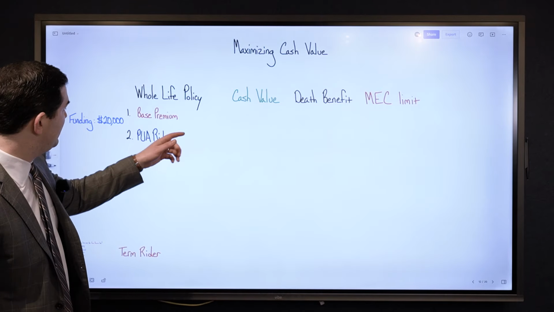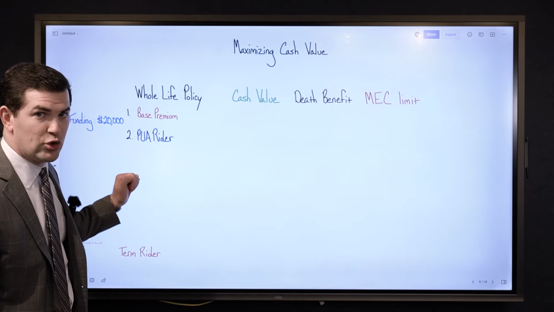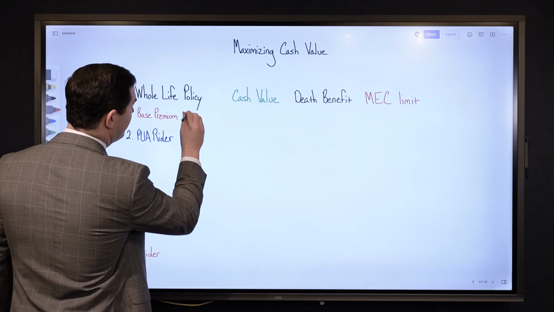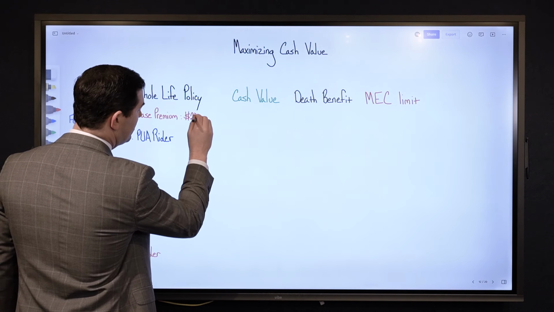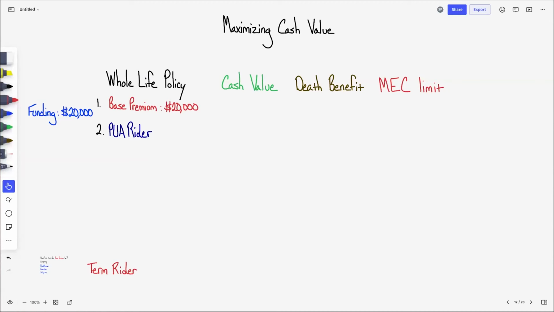Let's start with an example, assuming you put all of that $20,000 toward the base premium. So if you did that, which I would not recommend, what you would see with a traditional whole life insurance policy is zero or very close to zero, and this is specifically in the first year. Might be the first and second year. Now, depending on your age, this will also buy you a lot of life insurance. Let's say it's $1.5 million, which will also have a direct impact on your MEC limit, which might be